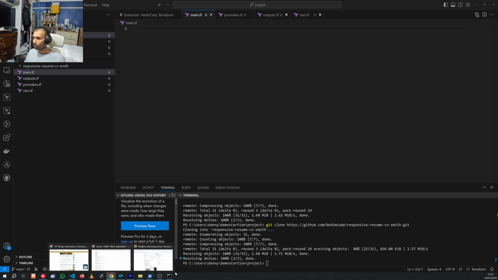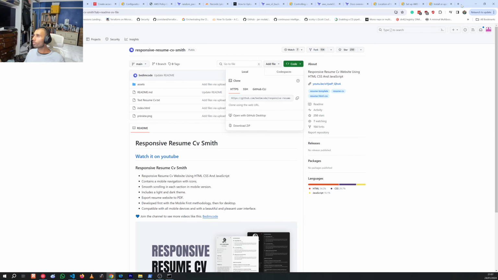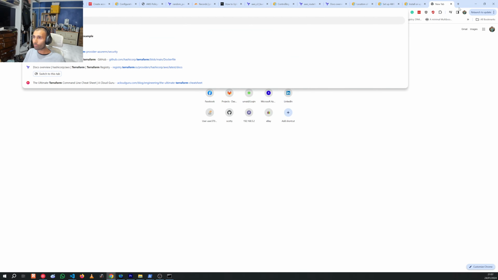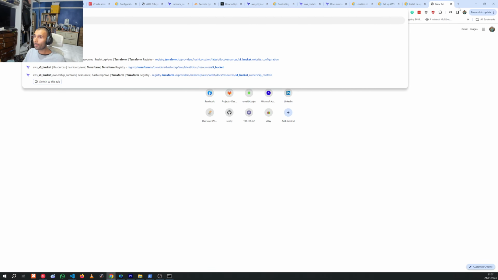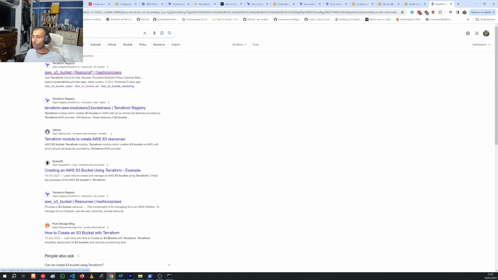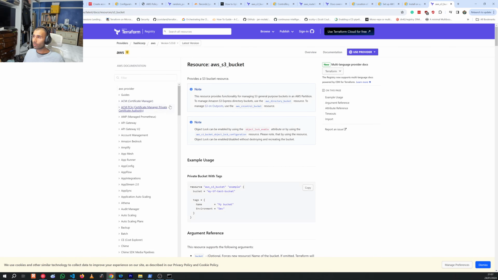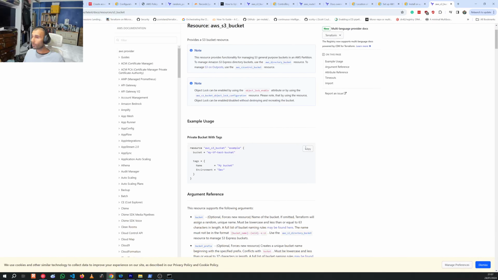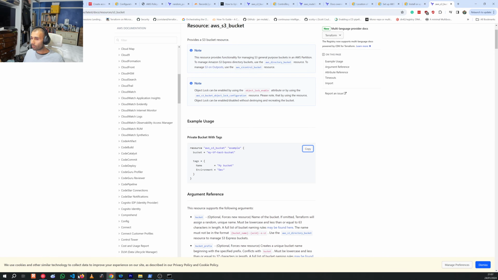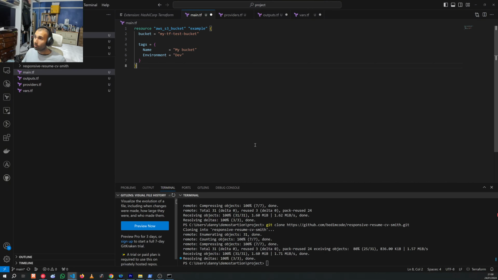So I'm going to go back to Terraform, and I'm going to go to Terraform S3 bucket. Okay, and in Terraform S3 bucket, it will give us the part that we need to create the S3 bucket, which is this. Let's copy that as an example, and I am going to put that in here. Call this something like my CV, my CV Danny